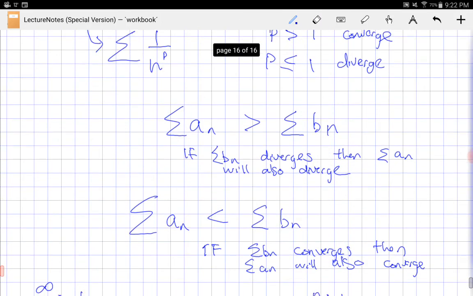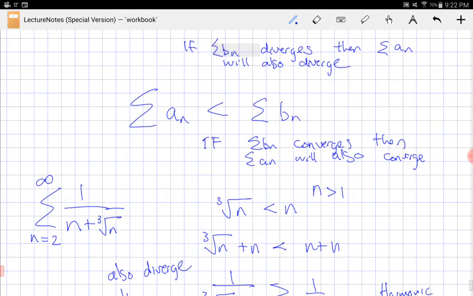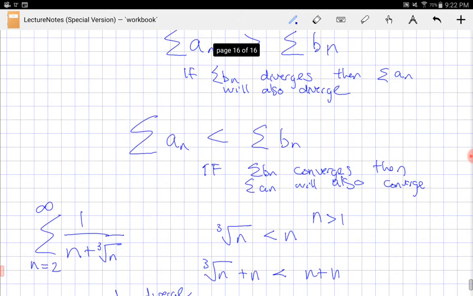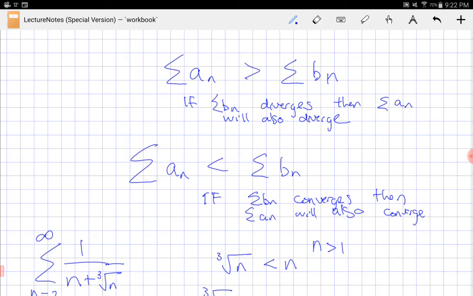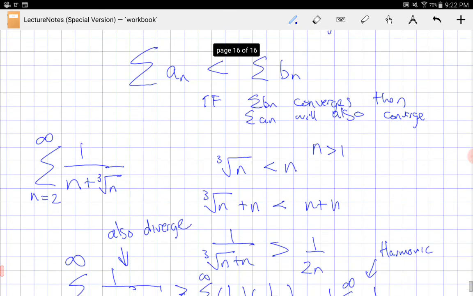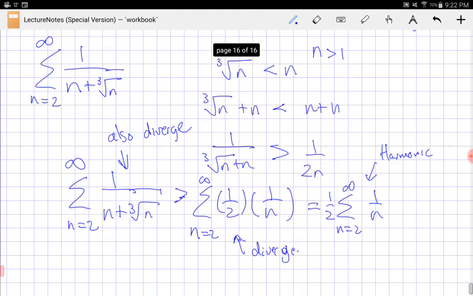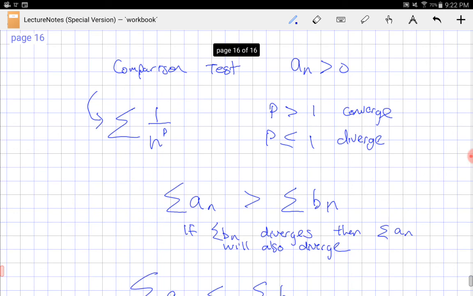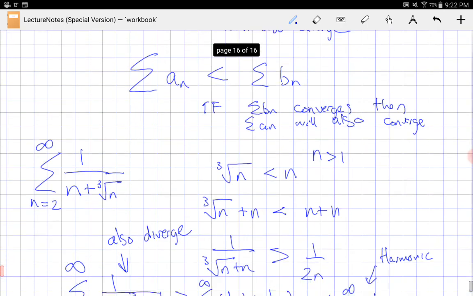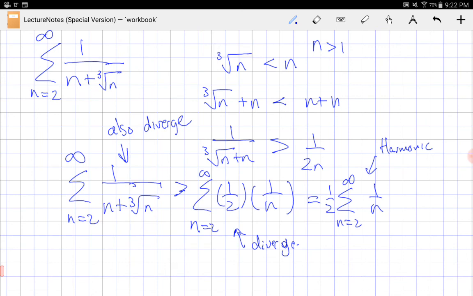To be honest, it is trial and error, looking at it, inspecting it, and thinking, what can I compare to this such that I will create a meaningful, or rather conclusive, comparison. A lot of the times we do want to compare it to some form of the p-series. So in this particular case, we did get a form of the p-series, where p is equal to 1, and so we know this would